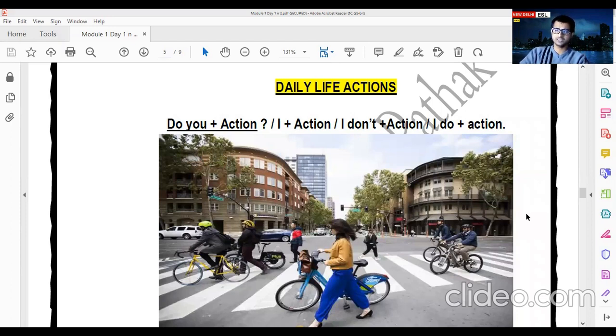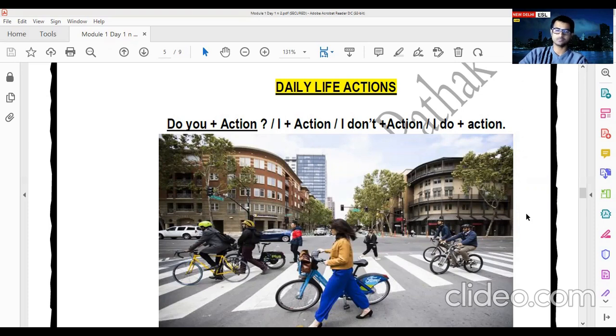I don't want to use grammatical terms because this course is spoken. So I want to give you a very clear understanding without grammar, so you can speak. So D as in daily life. D for do. This is how you can remember, it's a simple trick. So do your action. What you're going to do is your action.